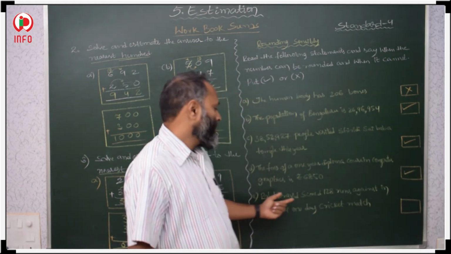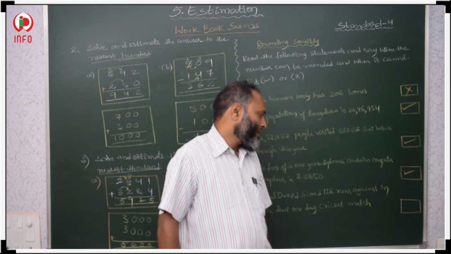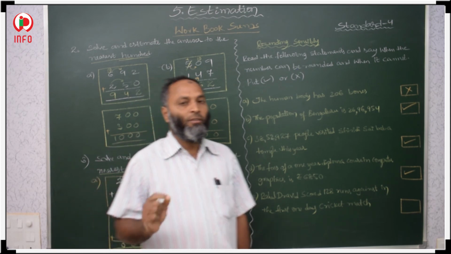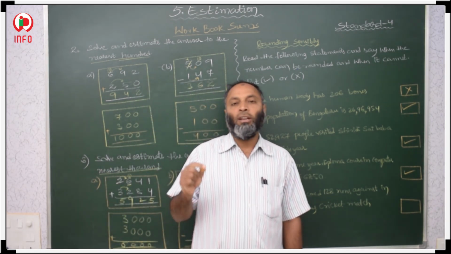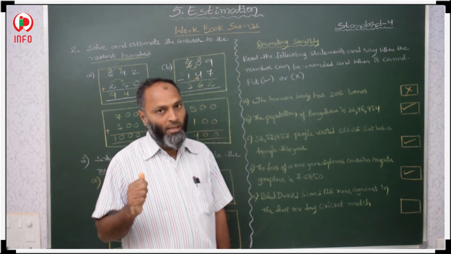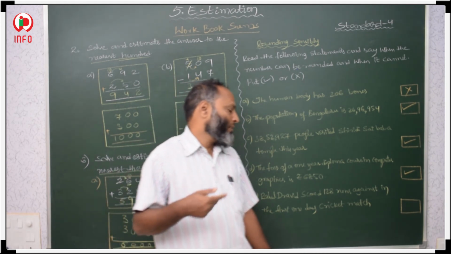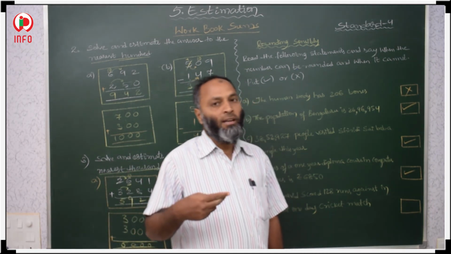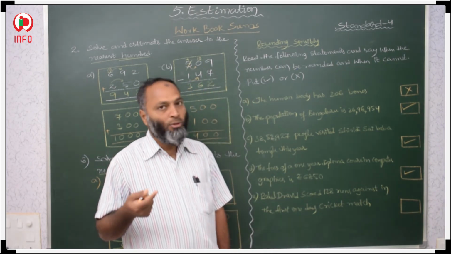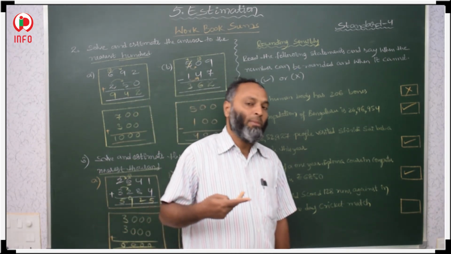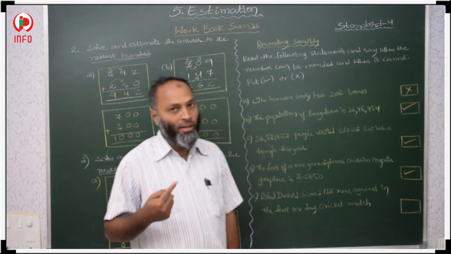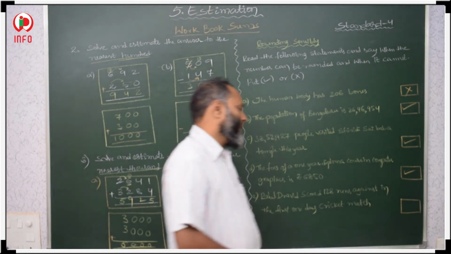Then Rahul Dravid scored 128 runs in the first one-day cricket match. The number of runs, 128, whatever the player made, is fixed. If we rounded it to 130, 2 more runs are added, so it's not correct. Why? Because if the runs are more, the team will win or lose the match. Each and every run is countable, so we cannot round the runs. It cannot be rounded.